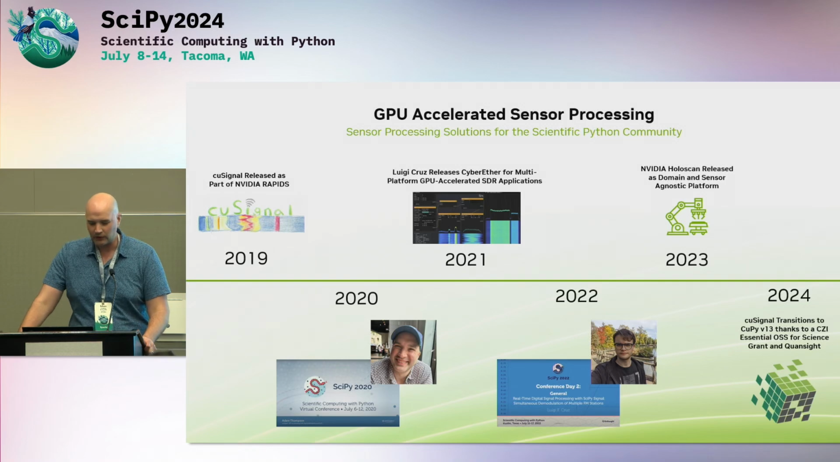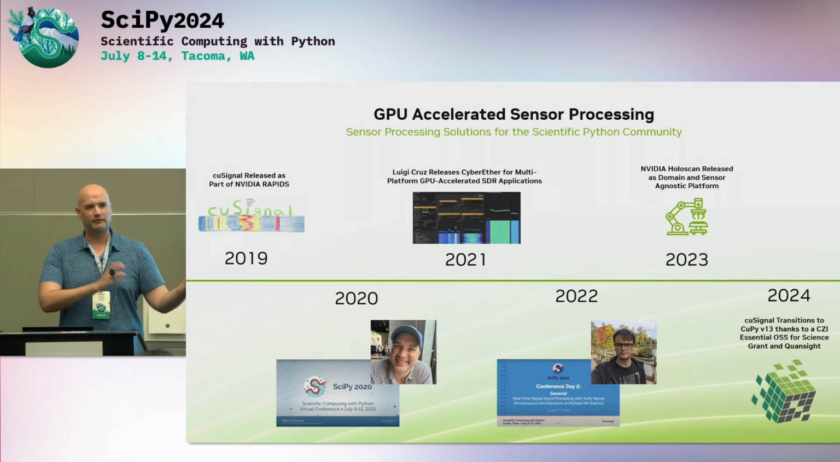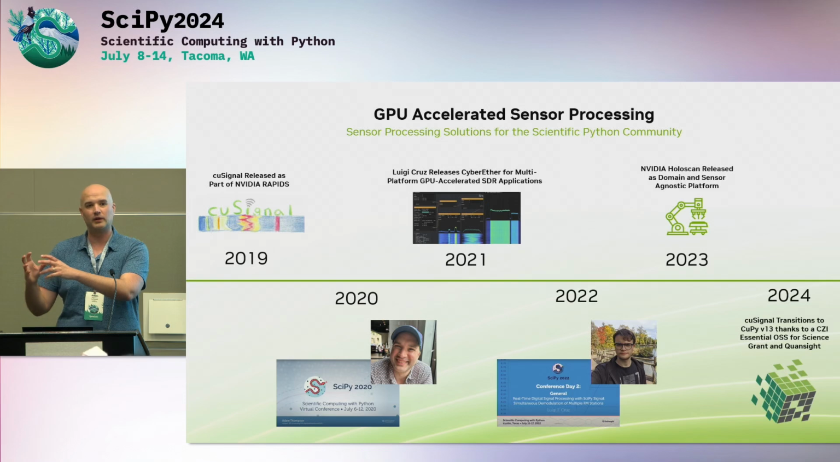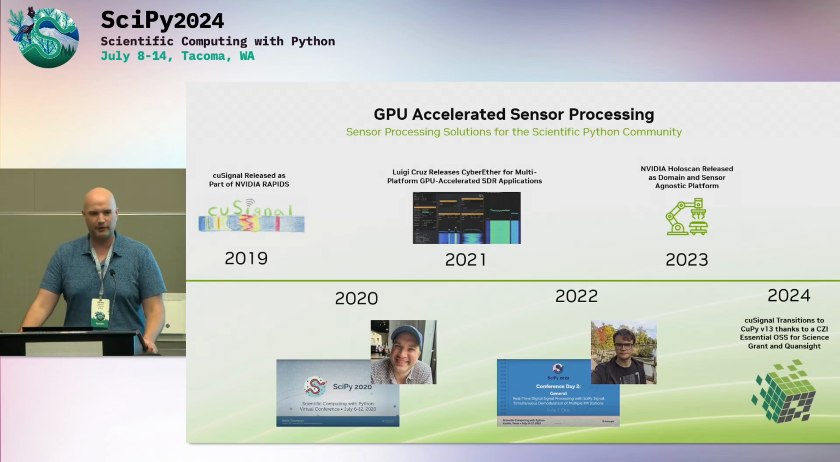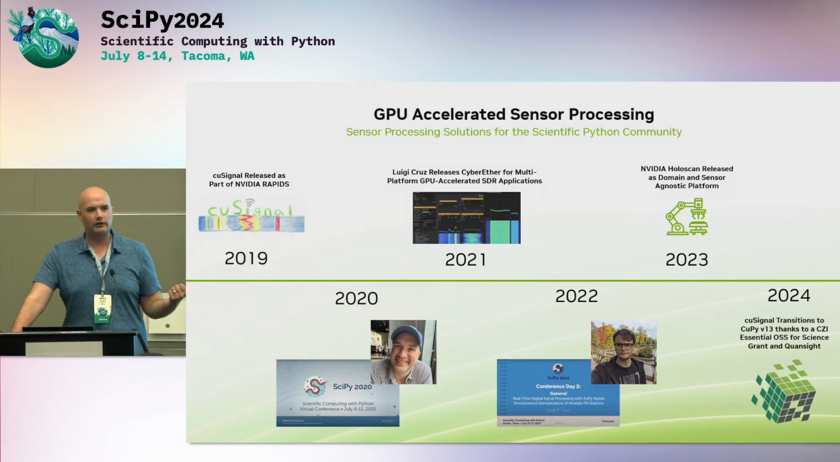And so if we take a pause at 2022, we have tools which are well architected to focus on compute. So we as scientists and developers can say, hey, I can GPU accelerate my convolution or my correlation or my FFTs or whatever, but we're still lacking how do I take this compute and plug it into a real-time sensor that's giving me gigasamples per second of data or terabits per second of data. And so NVIDIA released a domain and sensor agnostic platform called Holoscan in early 2023,